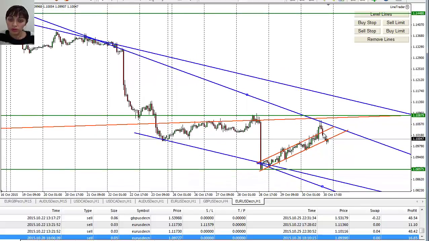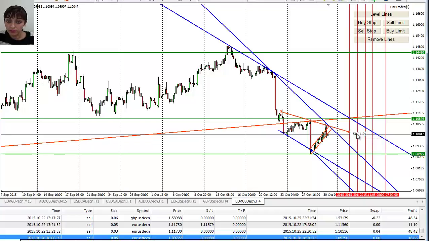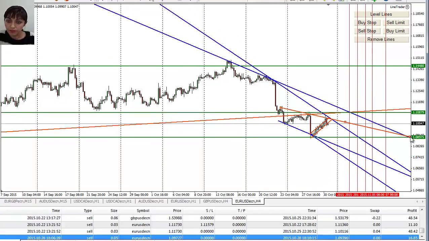Also, of course, we have one top, another top, and a third top. So I'm going to draw that a little bit further, up until the end of the week, to see if that is also a level, because it's going down and we have 1, 2, 3 tops. I'm drawing it right to the cross of these levels, and if I use that bottom and draw a parallel, also to the crossing of the level here.